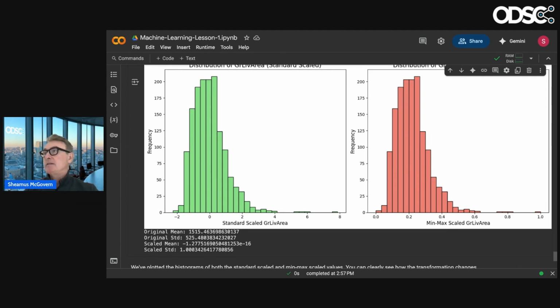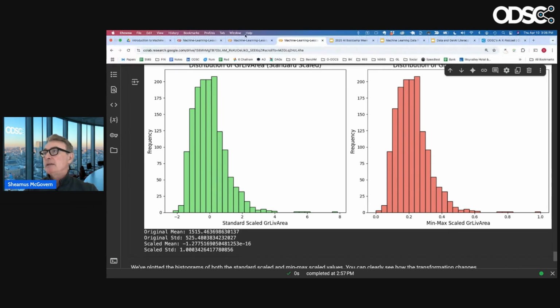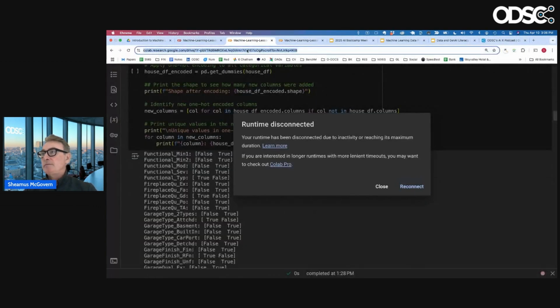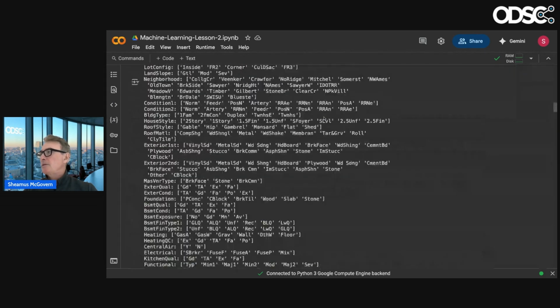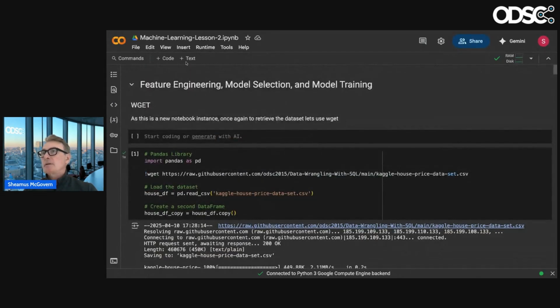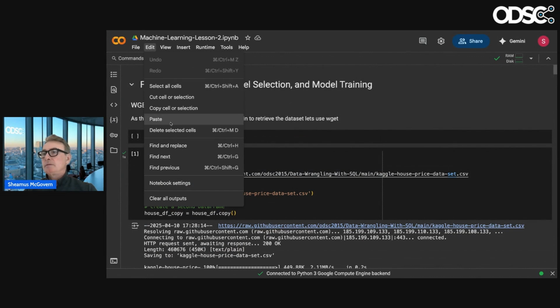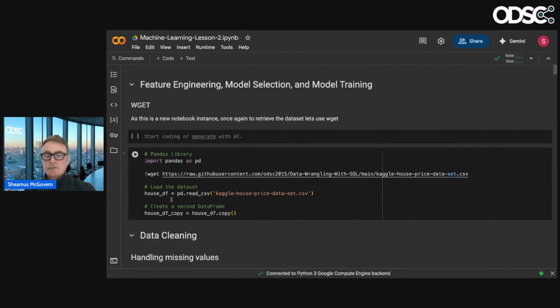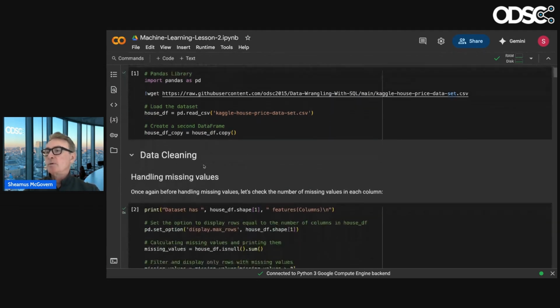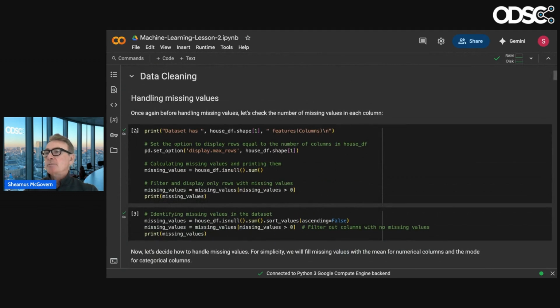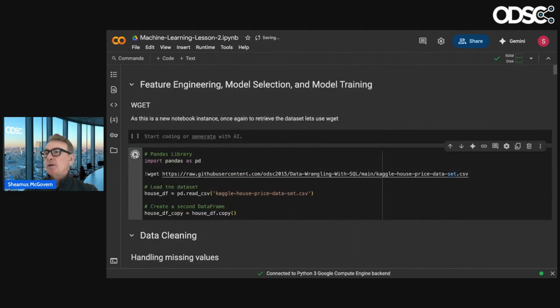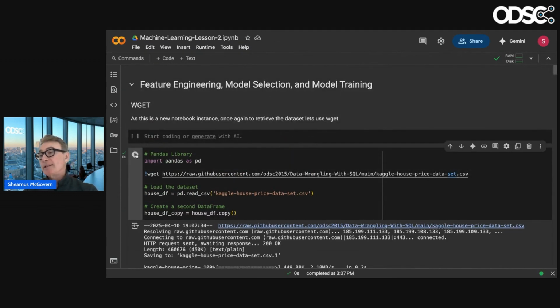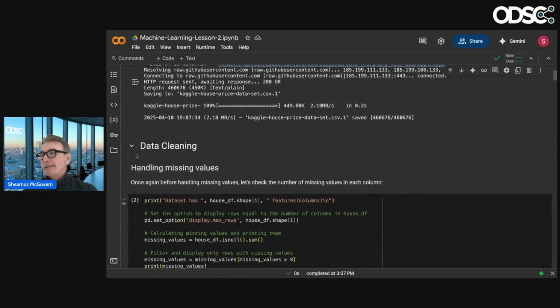All right, so if that's good, then let's go to lesson 2. In lesson 2, let me clear my code. Yeah, so in lesson 2, we're finally going to get into feature engineering, model selection, and model training, right? So pretty important. I'm going to skip through this pretty quickly. Loading in my data again. Another reason to run this locally, because you don't have to keep doing that.